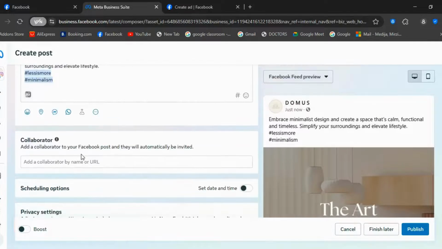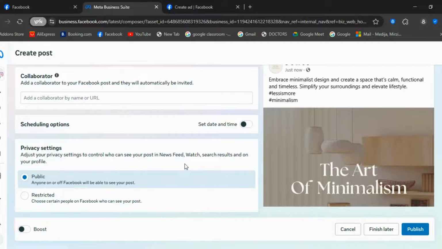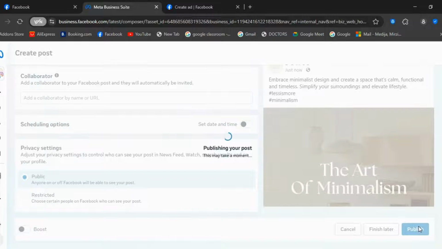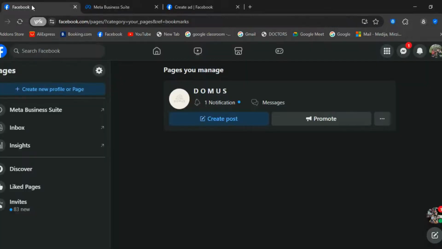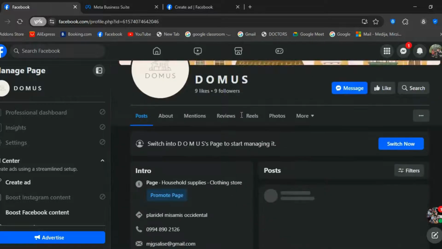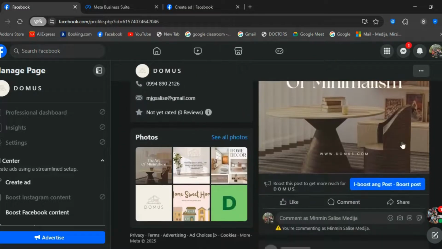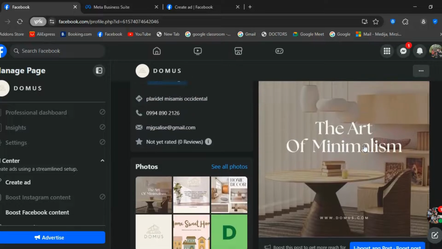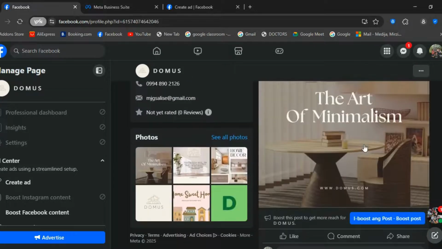Okay, and then set to public, and then let's click publish. You can check if this post is already here. So this one, it's already visible on our page.